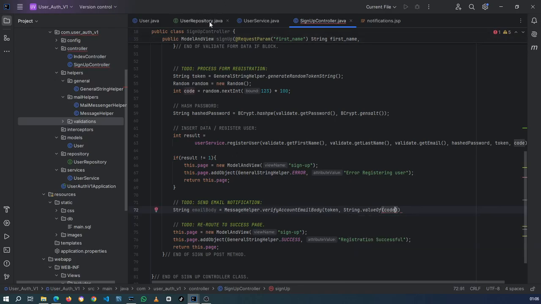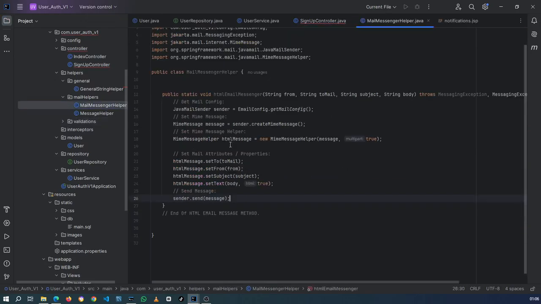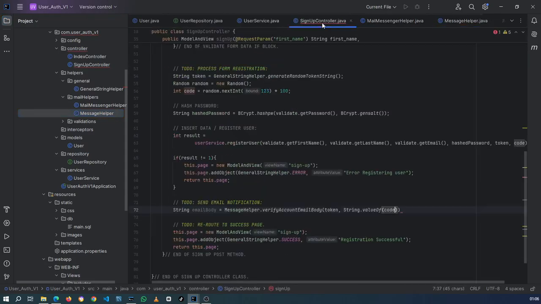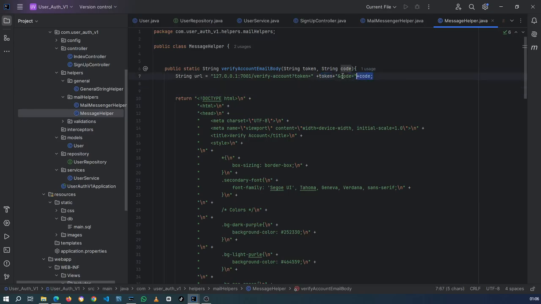So remember, the URL is always going to be in a string format. So if we don't convert the code, which is an integer, into a string, the message is gonna fail. It's not gonna go through, right? So here we're just setting the email body that we're gonna send to the user. So we have to take in the token, and then we also have to get the code, right? And then obviously within our message helper here, it's just going to append it to this URL string, which is what the user is going to get when they try to click on the code, and then